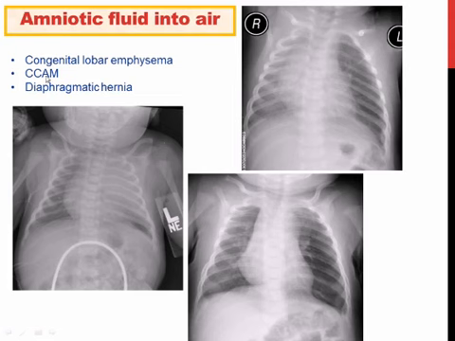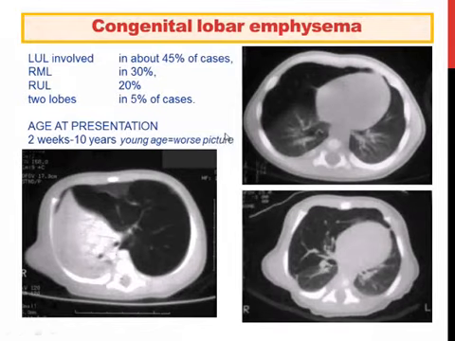So congenital lobar emphysema, together with cystic adenomatoid malformation and diaphragmatic hernia, can present as a radiopaque area that will shift your mediastinal structures to the contralateral side, and this will gradually resolve into a lucent hyperinflating area because amniotic fluid turns into air. And on CT scan, it will have this characteristic appearance, left upper lobe involvement of air